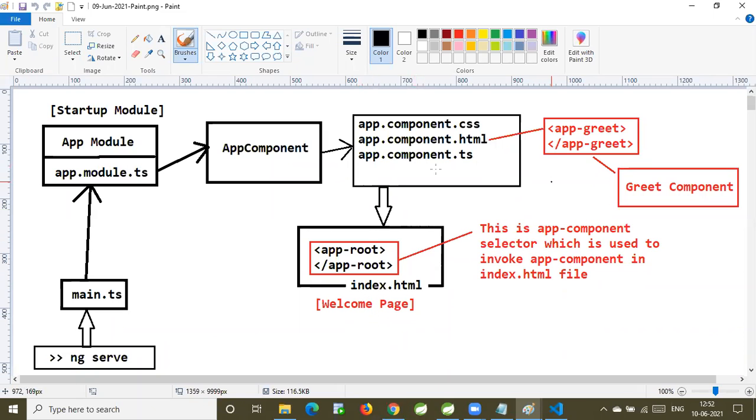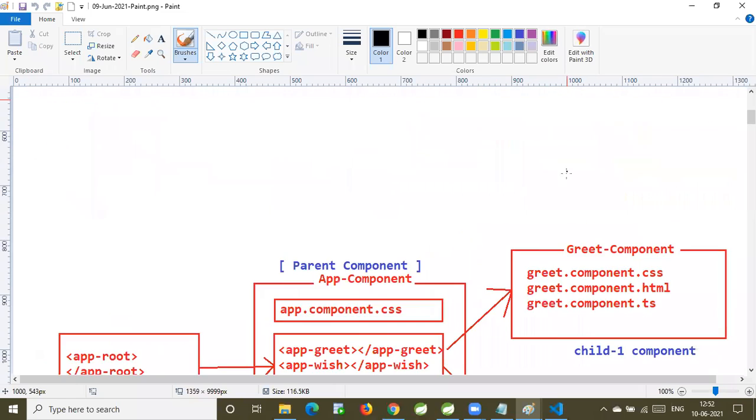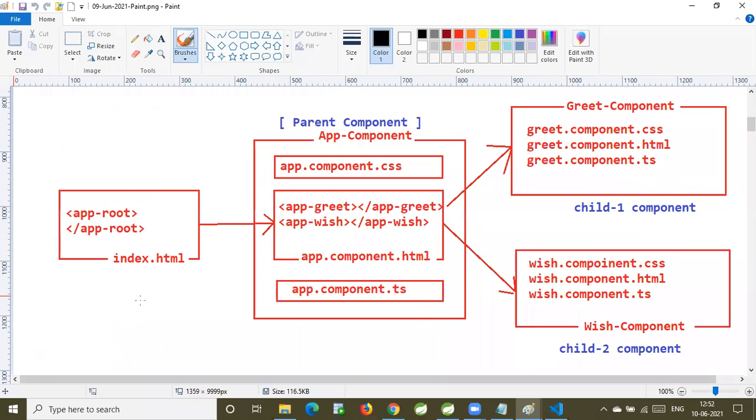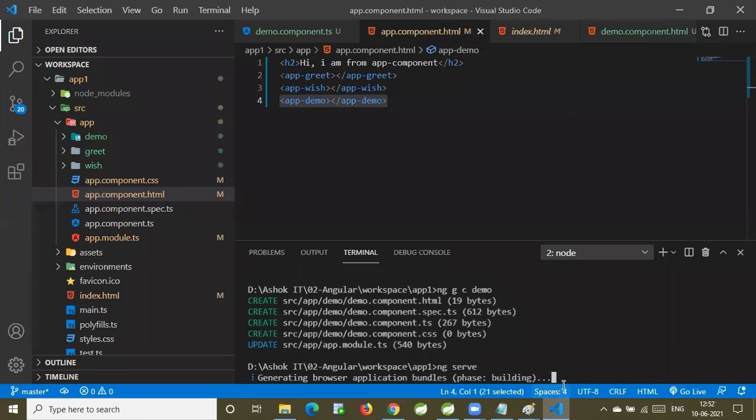When the component is invoked, the component HTML will be rendered. In the component HTML, I'm loading the greet component. So this is the execution flow. The index.html file will load the app component, and it is loading the child components. That's it. Still, the application is getting built. It will compile the application and deploy it to the live server.